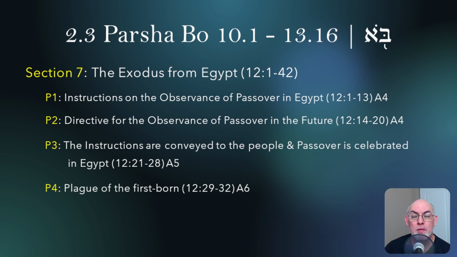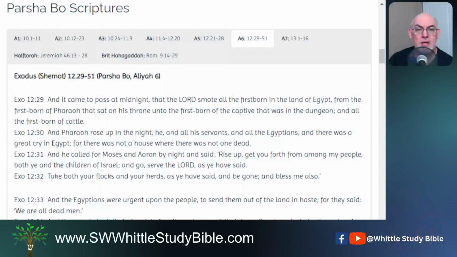Plague of the firstborn begins in chapter 12, verse 29 through 32. And this is contained completely in Aliyah 6. In fact, Aliyah 6 contains a lot of the next components or the next paragraphs. So let's read those few verses right there, verse 29 and verse